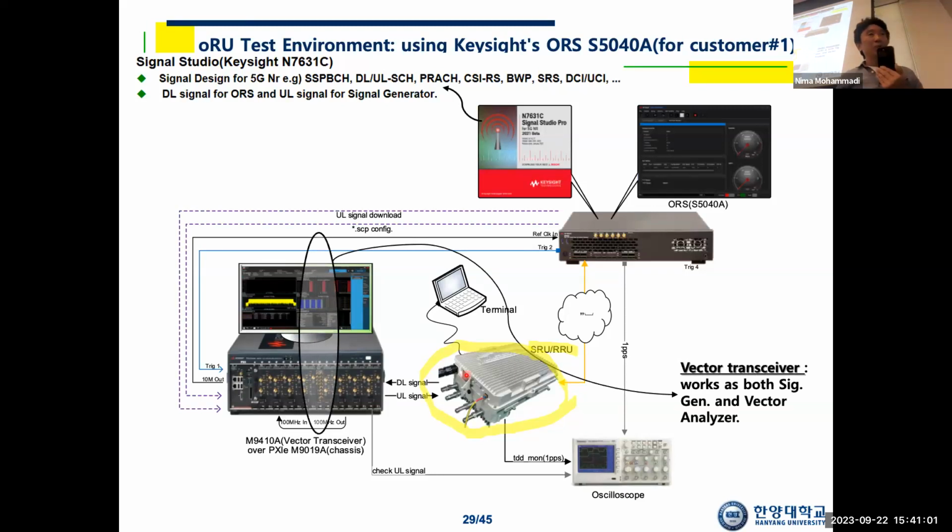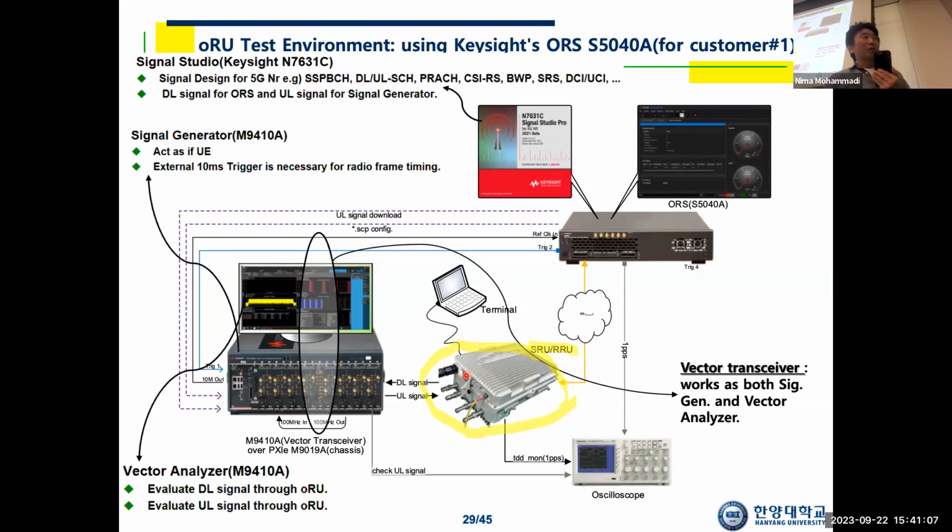So this equipment works in two modes: signal generator and vector analyzer. After you process the downlink packet successfully, you send it to this analyzer, then check the performance. If downlink processing is okay, then for uplink,